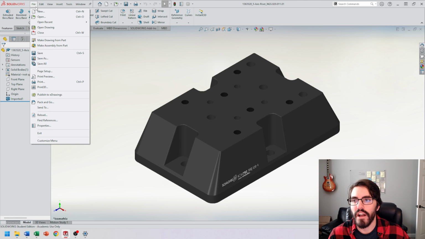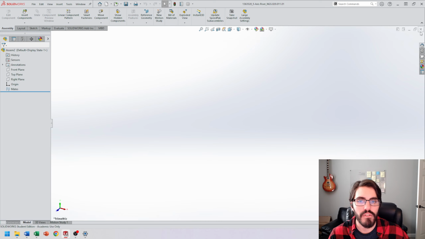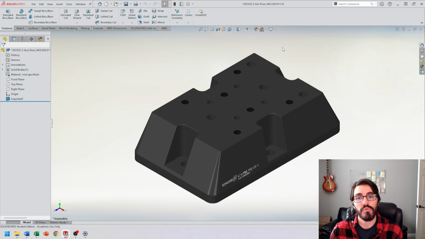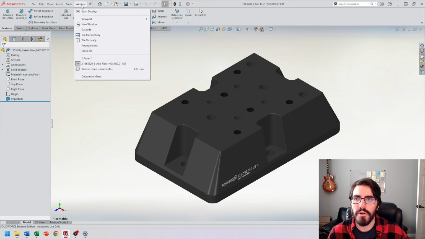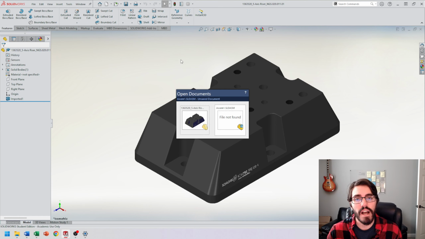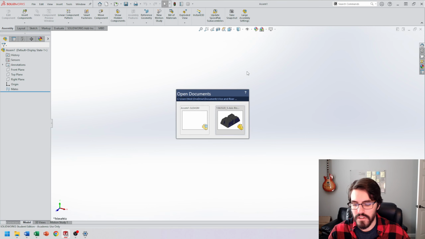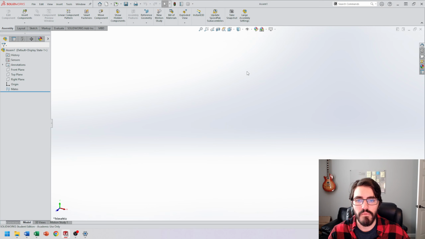So I can either go to File, make an assembly from part, just like what we've done before, but I already have an assembly open in the background. I'm going to teach you how to toggle between these windows because we'll be doing this a handful of times as we move through this lecture. So you can either go into Window and open up that assembly that we initially started, or I like this better, but if you hold down the Control key and you use the Tab button, you'll actually toggle between the different files that you have open in SolidWorks. So I'm going to go over here to Control and Tab over to the assembly that I'm working on,